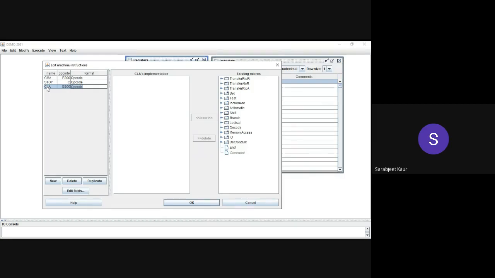So I have created a machine instruction, but its implementation is empty up till now. So what will happen when I write this CLA instruction in my program? Let me show you. Since it has no implementation as of now,